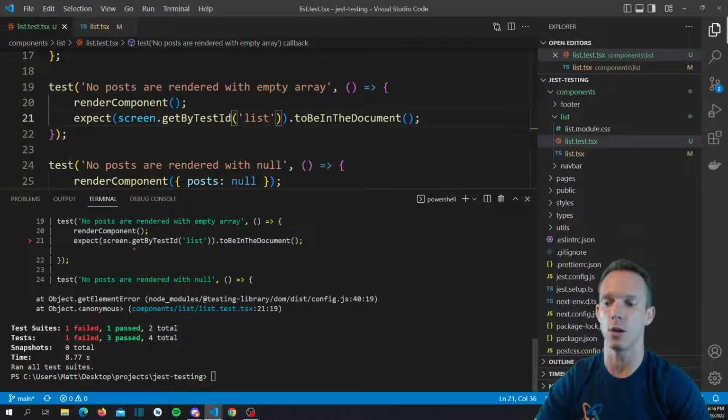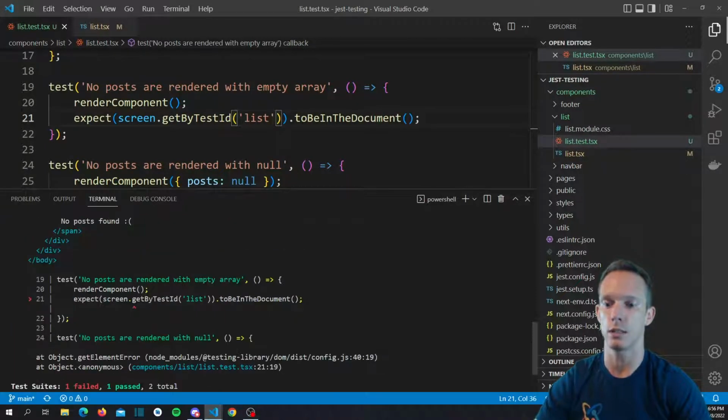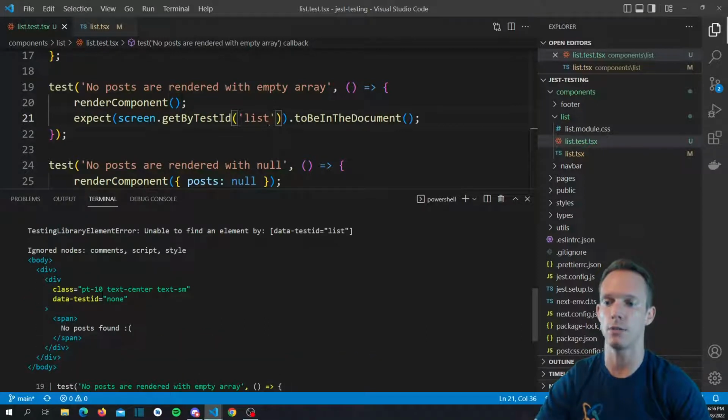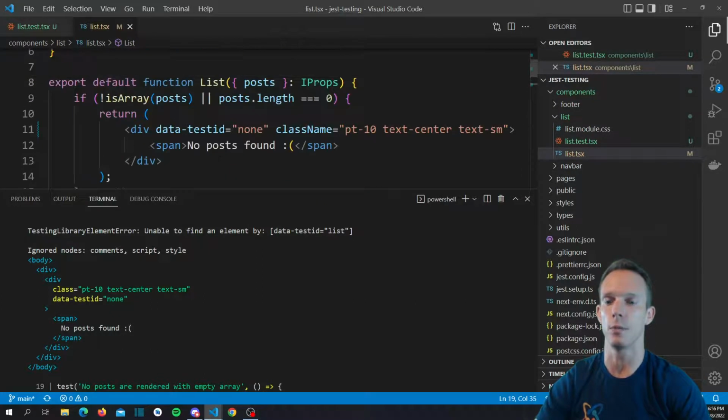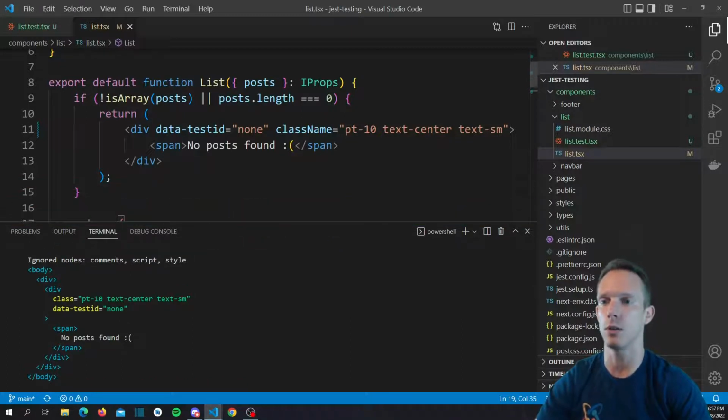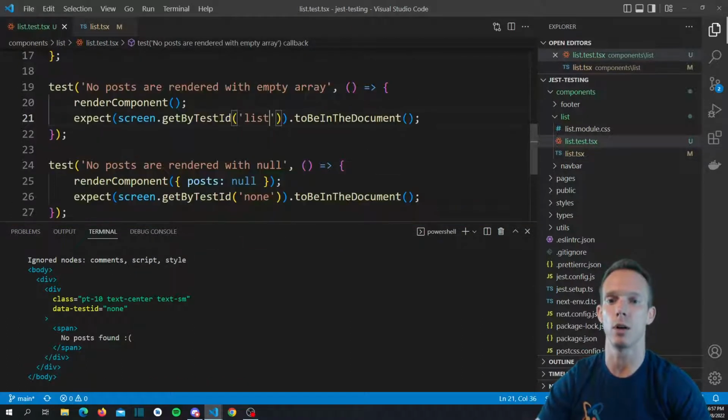And you can see that one of our test suites failed. It says that this exact function right here is the issue. And it even gives you the actual nodes that are created, right? So you can see that this is what our DOM would look like. And you can see that it is the data test ID none. It is the exact elements that are provided up here. You could even check to make sure that these classes exist and everything. So there's a lot that you can do here, but we're going to go ahead and